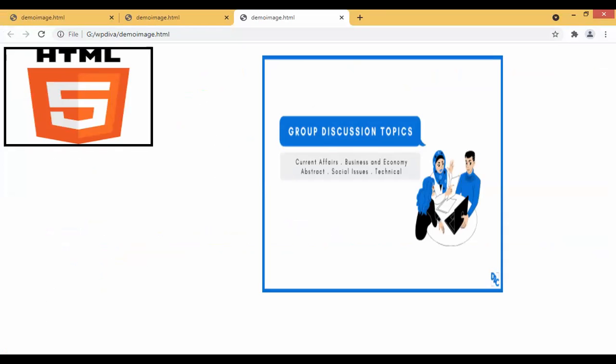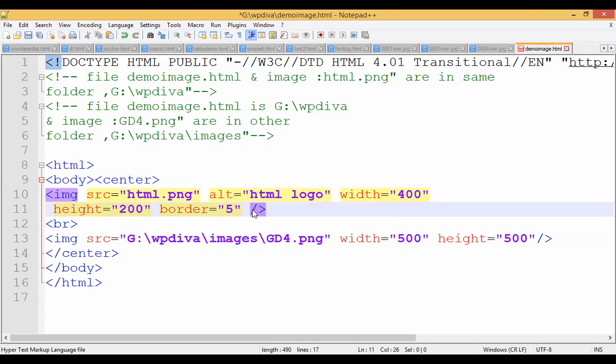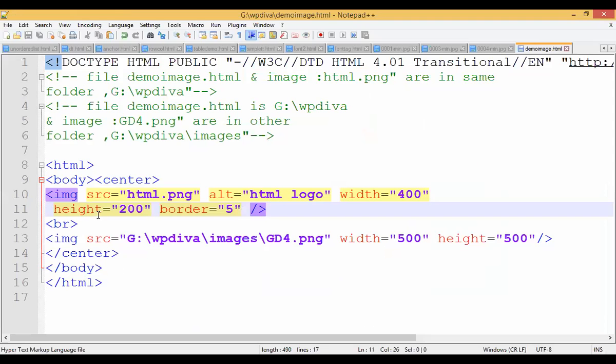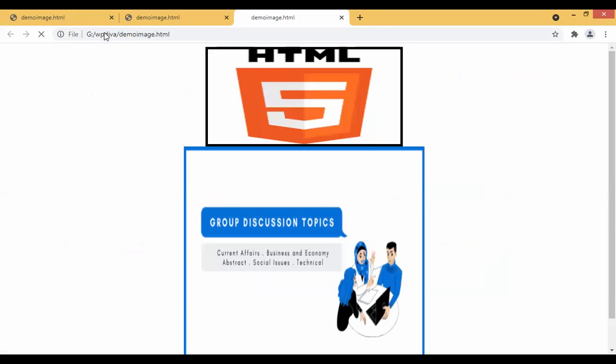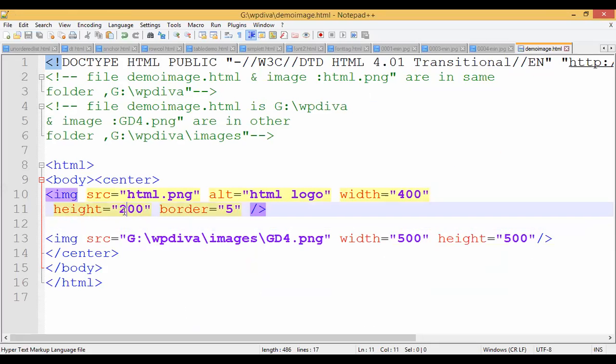One more extra tag I want to add in here, that is called what? Marquee tag. Okay, I will set it to 400, right? I will remove the alignment of this image. Let me take both at the center, right? Now see, it appears in this way, one below the other. Clear to you? If I remove the break tag, what will happen? That image will also come next to this nearby image, right? Now again I will save it. In this way, you can keep on changing the properties and check whatever properties you have applied. Clear to you? All right.